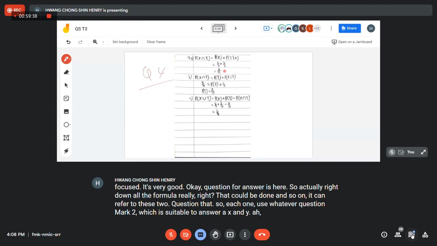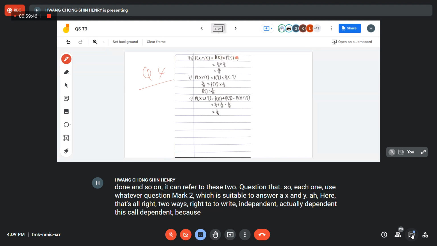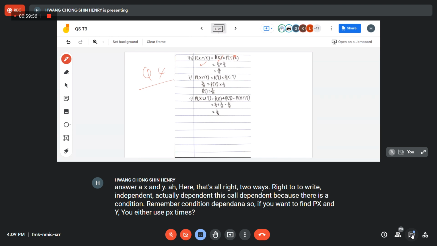Here, that's how I write two ways, right? To write independent, dependent. This is called dependent because there is a condition. Remember, condition dependent. So if you want to find P(x and y), you either use P(x) times